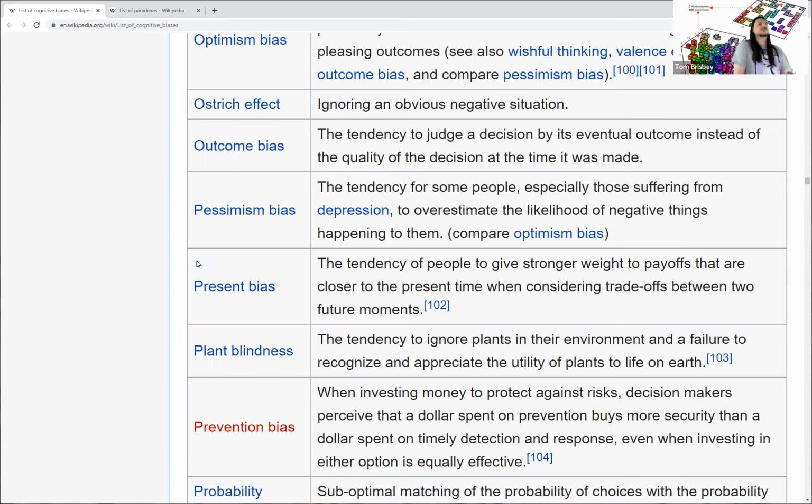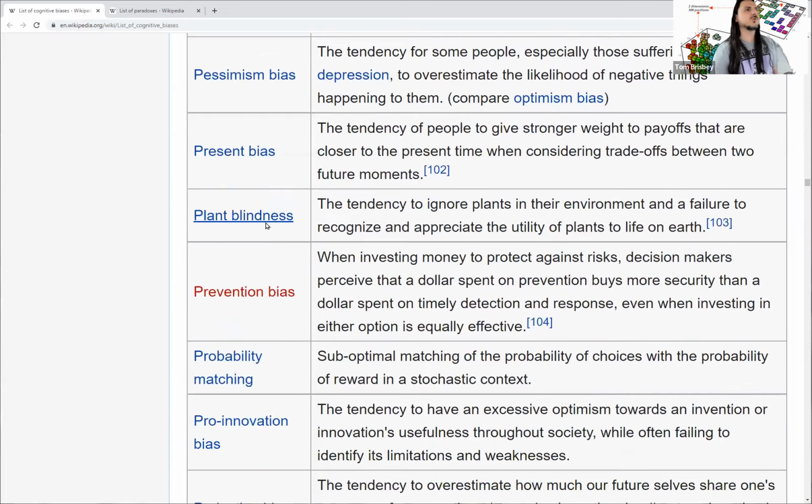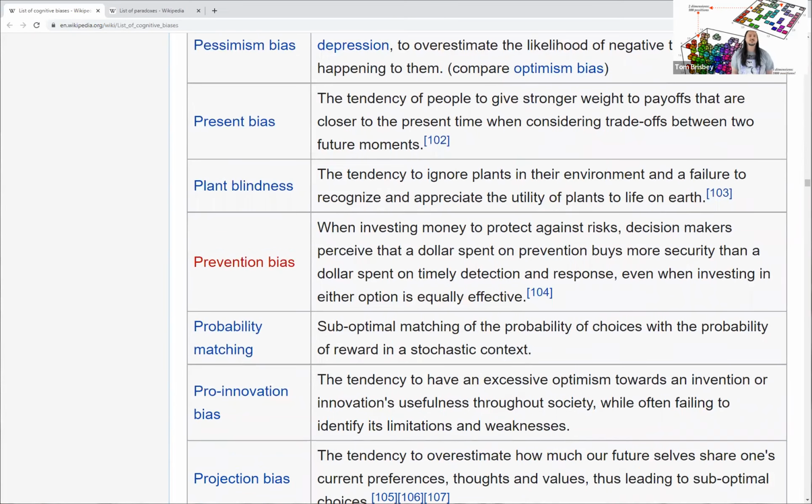The present bias, the tendency to give stronger weight to payoffs that are closer to the present when considering trade-offs between two options. Yeah, I got this thing that'll pay off in 2 weeks and this thing that'll pay off in 2 years. Well, if the thing in 2 weeks is going to pay off the same amount that it would pay off in 2 years, well, then it's better to take the money now. If the thing that pays off in 2 years is 10,000 times greater than the thing that pays off in 2 weeks, well, the difference between $100 in 2 weeks and 100 times 10,000 in 2 years would be